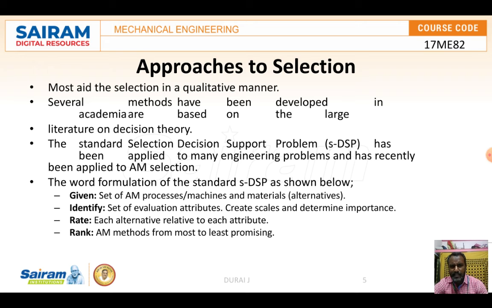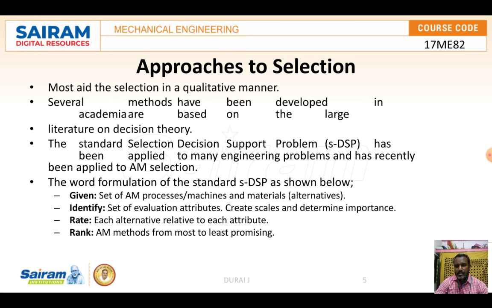Several methods have been developed in academia based on the large literature of decision theory. The standard selection decision support problem, that is, you can say DSP, has been applied in many engineering problems and has recently been applied to additive manufacturing selection.